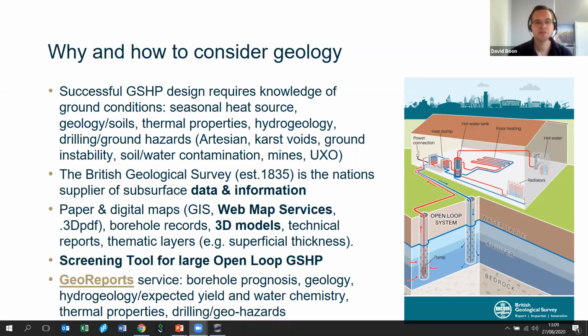So the BGS, we've been around a while. We were established in 1835, and we are the nation's principal supplier of subsurface data and information. I say data and information because they're different. Data is numbers on a spreadsheet. Information is interpreting that into something that's usable, understandable and useful. So we provide paper